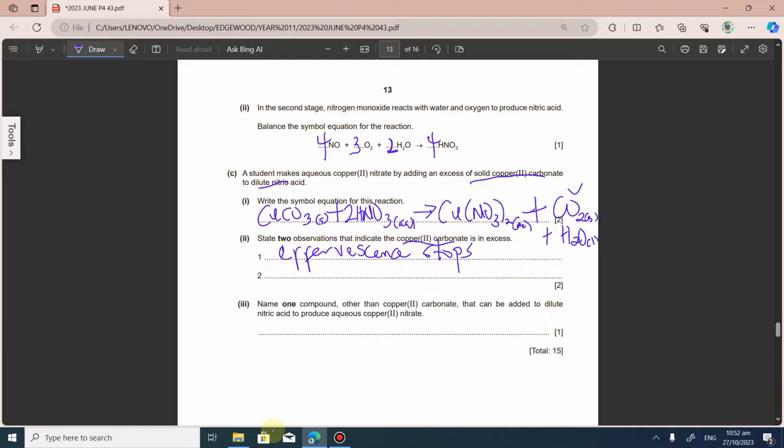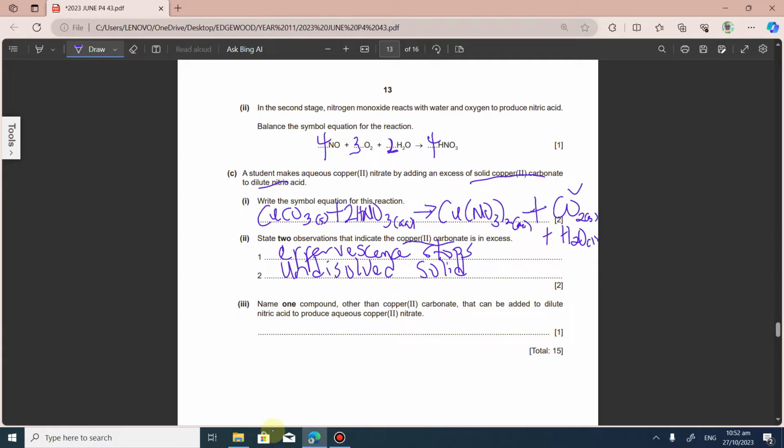That's to show you that you have added too much of the copper 2 carbonate. And then another reason we can know is that you will have undissolved solid. So the acid will no longer be able to dissolve the solid. So we have presence of undissolved solid to tell you that, oh, we've added excess of copper 2 carbonate. That needs to go through filtration so that the excess copper 2 carbonate now becomes a residue. So those are the 2 ways or observations that you can use to determine that you've added excess of copper